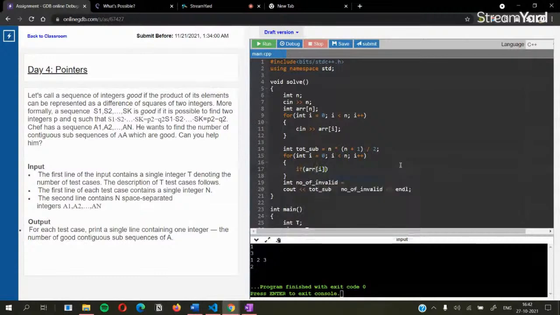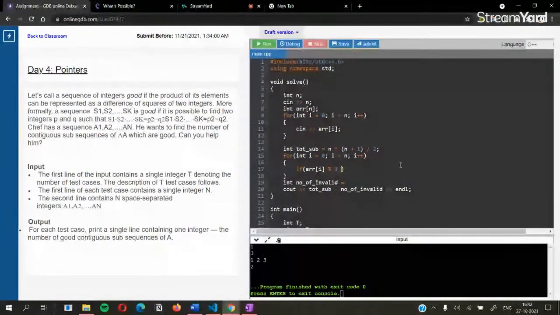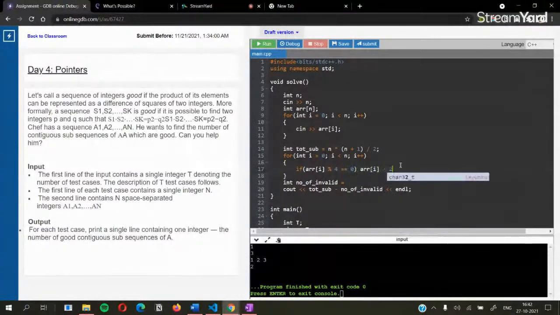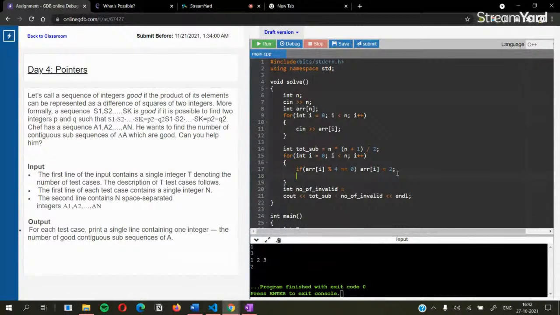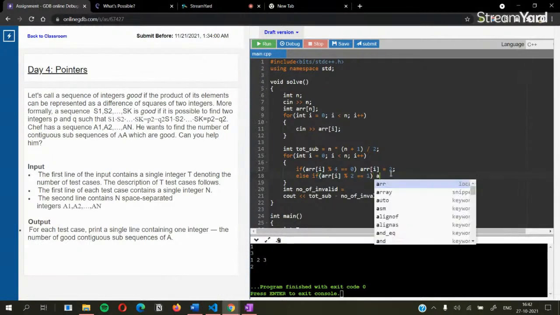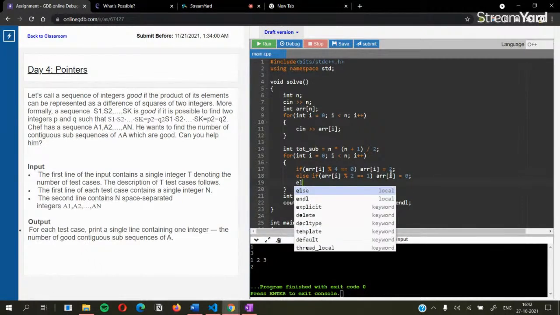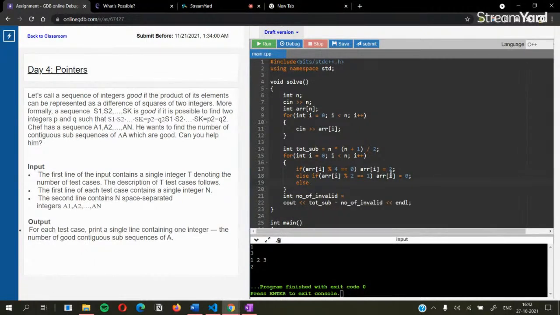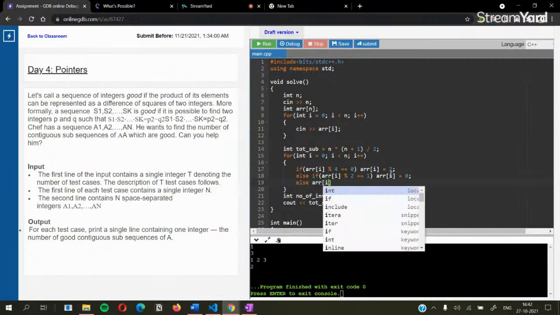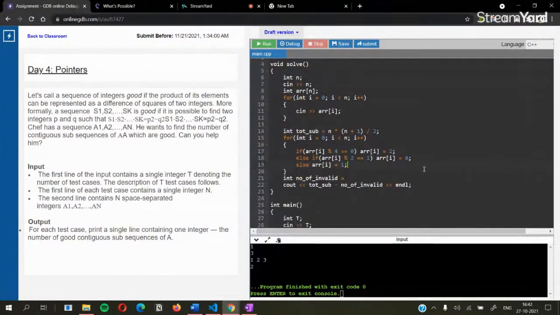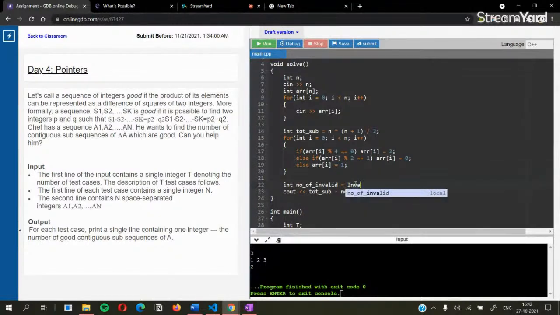If array I is divisible by 4, I will declare it as 2, and if it is even, then I will put 0 in that array, and otherwise I will put array I as 1. Okay. So after doing this, I will call the invalid subarrays function,